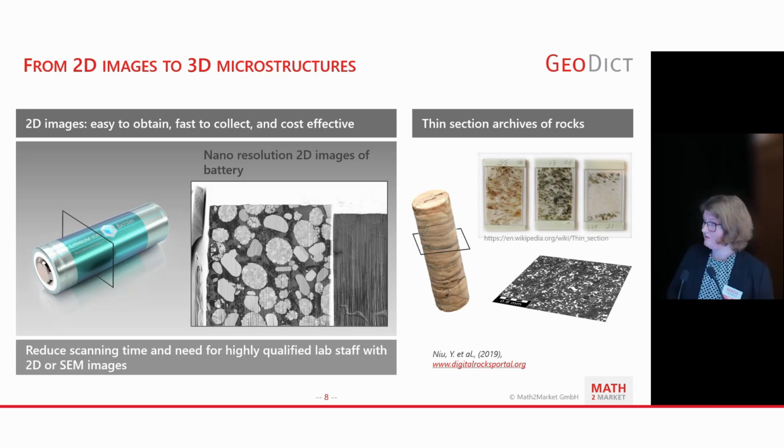In Geodeck 2024, we improved this GeoApp to create a 3D digital twin based only on a 2D image. Because in general, 2D images are much easier to get and they are cheaper. So you only need an SEM image or maybe a cross-section, a micrograph, and maybe you can even do those in your own lab and you do not have to send out the specimens to another lab where they can do a CT scan or a FIB-SEM. But we still deliver the same quality of structures that you are used to from Geodeck.